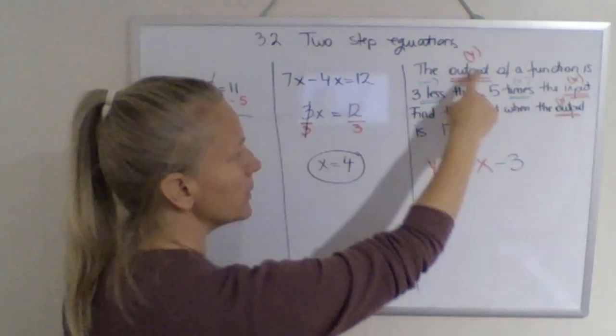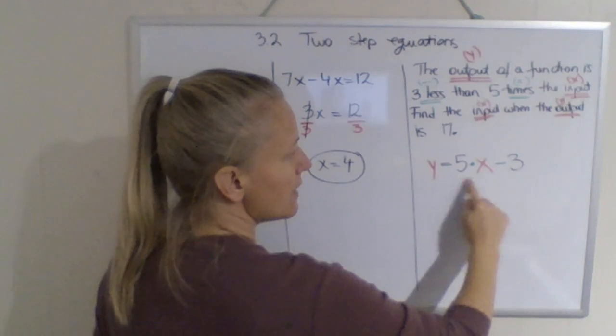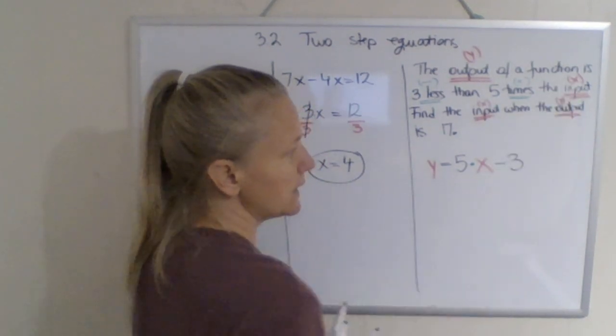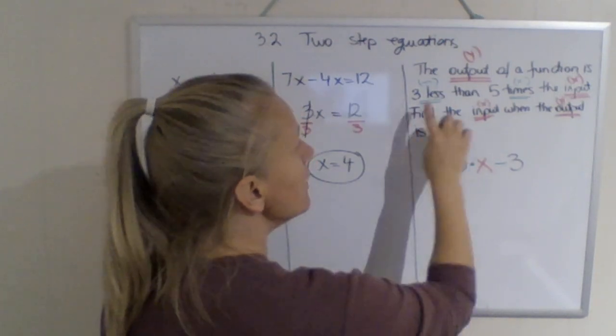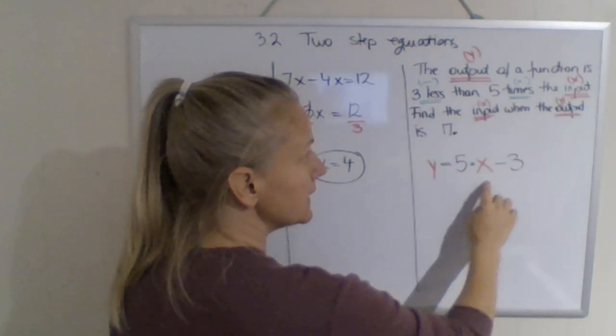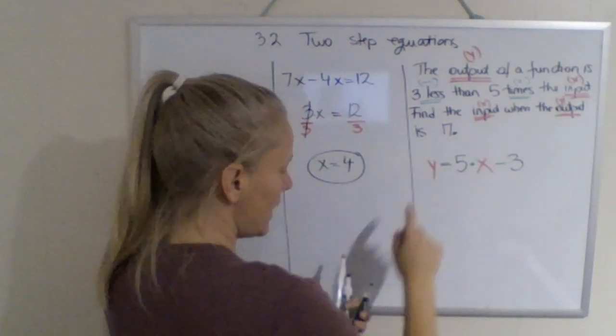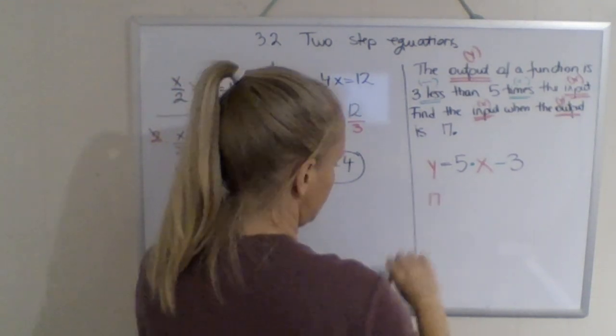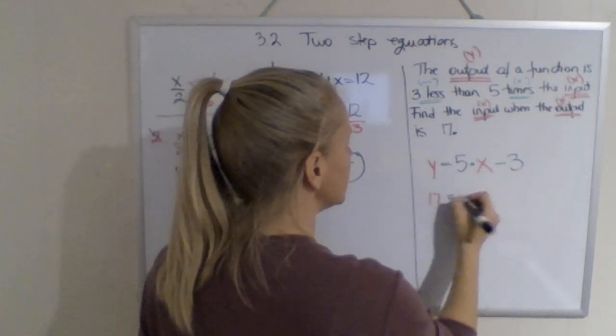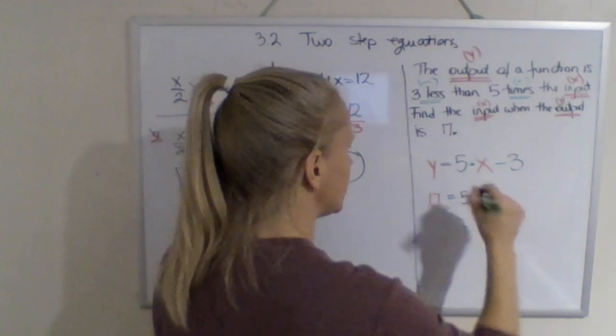Okay, the output is 3 less than 5 times the input, which is x. That's how this works out. Now it says find the input, find what x is, when the output y is 17, which means instead of y, I'm going to have 17 equals 5 times x